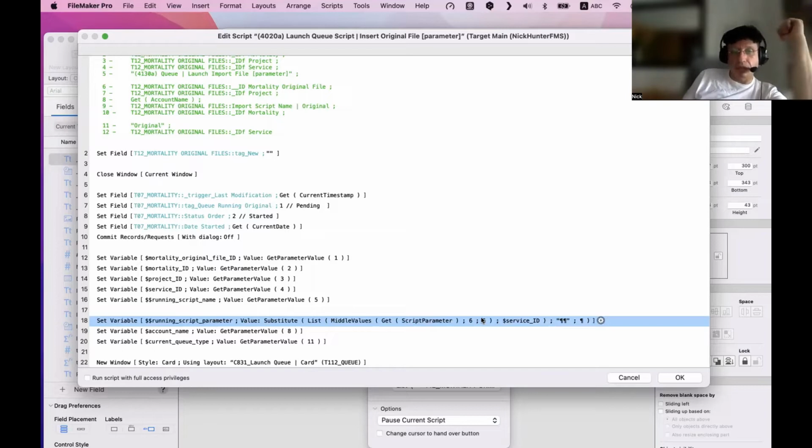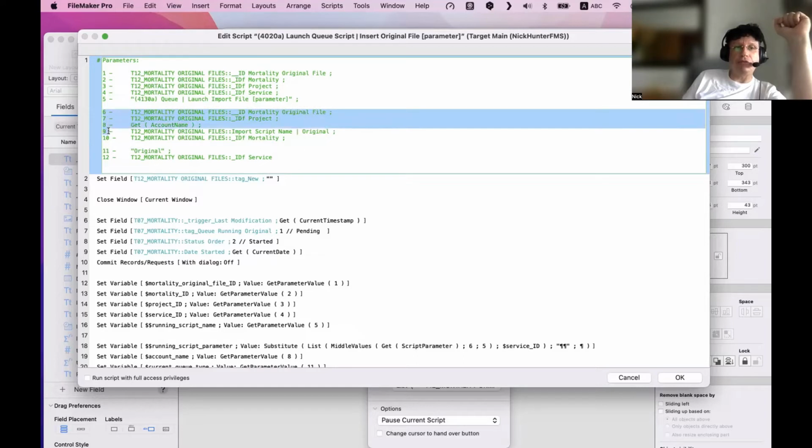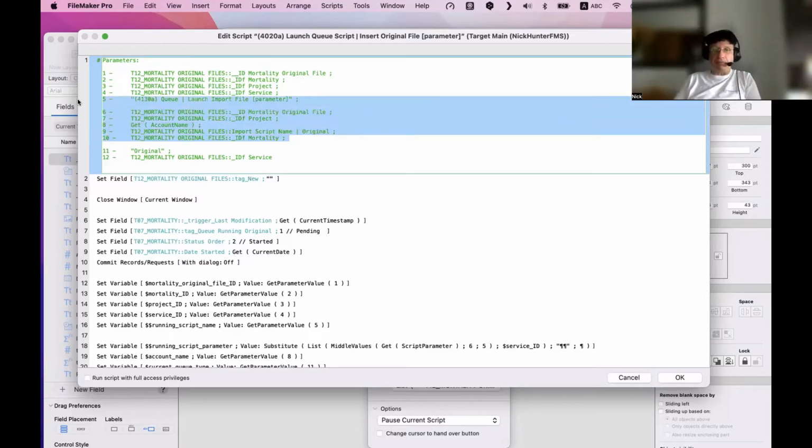Okay. So how I'm doing this, I want a middle value from 6 to 5. That means I want from here, from the 6 included, because this is how the middle value works, right? I want this to the 5. So I want 1, 2, 3, 4, 5. So I want those 5 values from my script parameters.